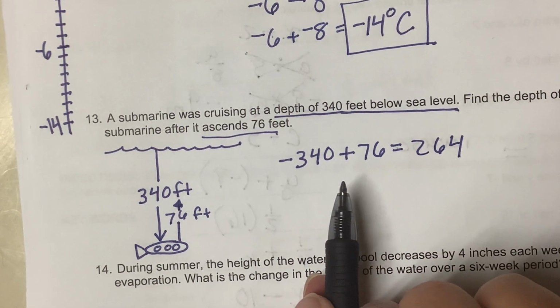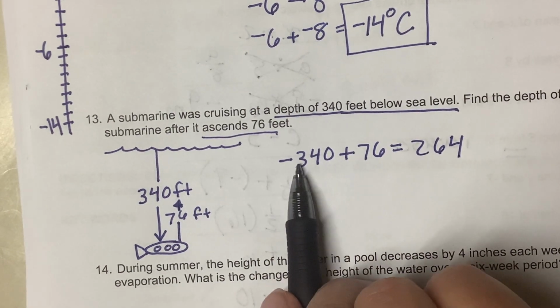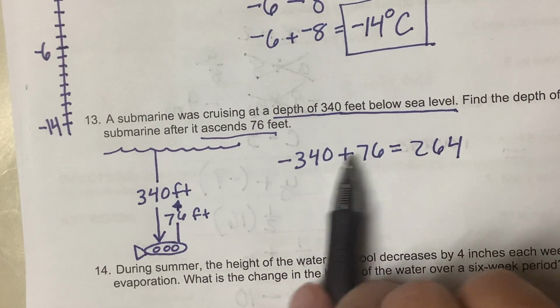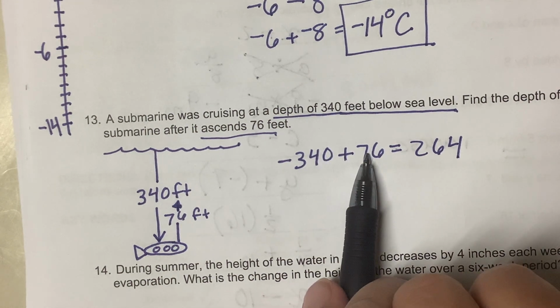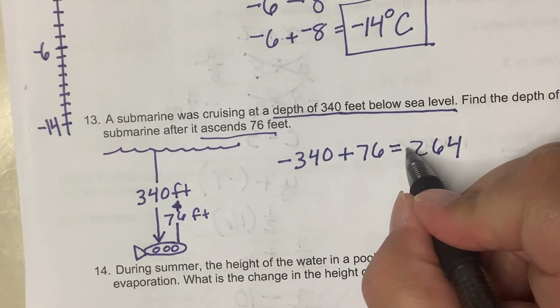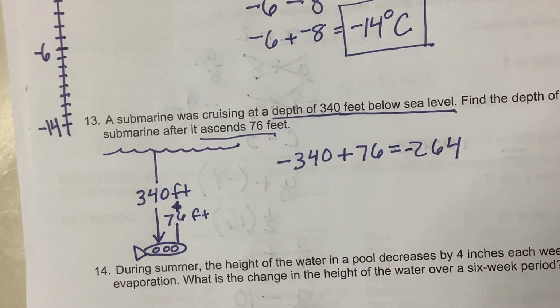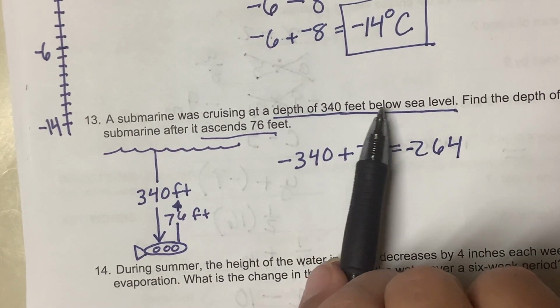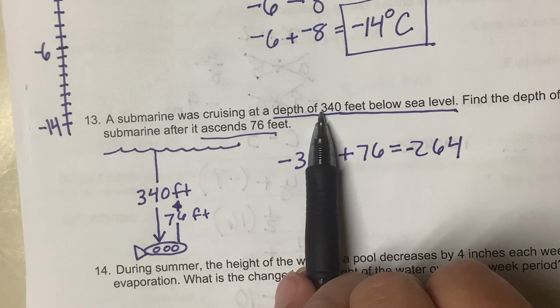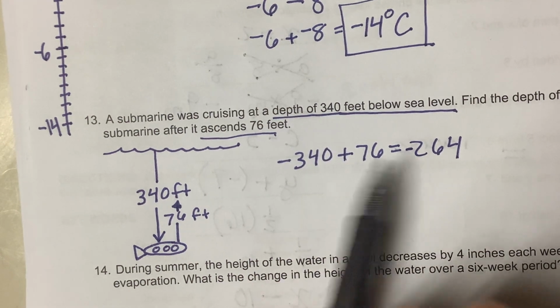All right. Now, is that positive or negative? Well, negative is larger than positive in this case. 340 is larger than 76. 340 is negative. So my answer is negative. Now, negative I wrote as below sea level, but there's no negative sign here. So when I write this,